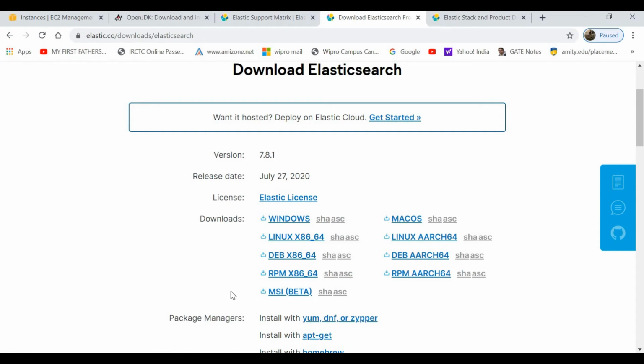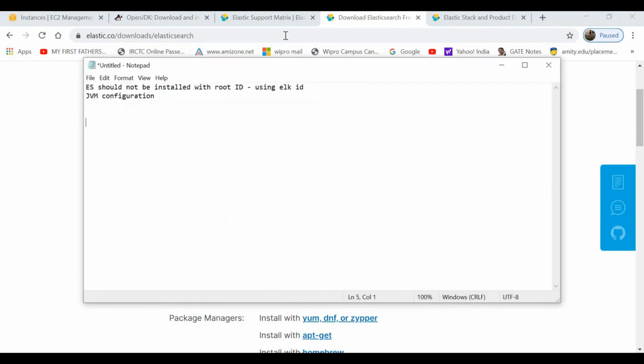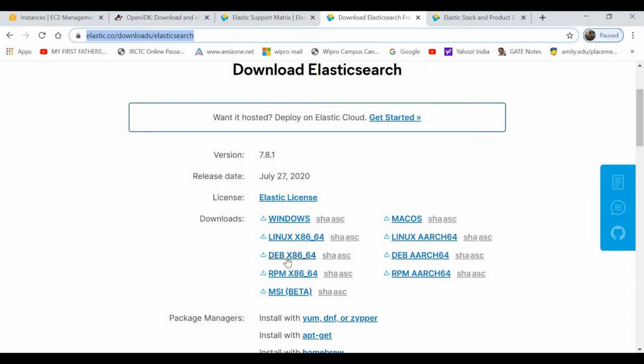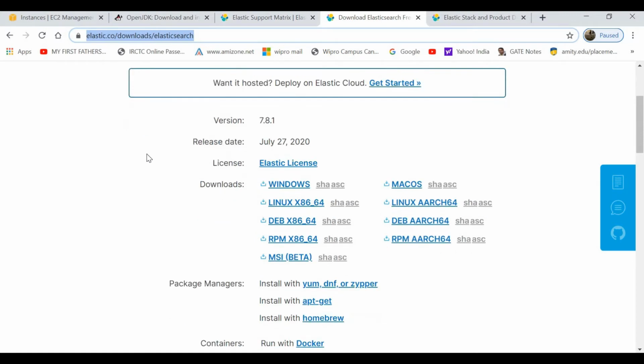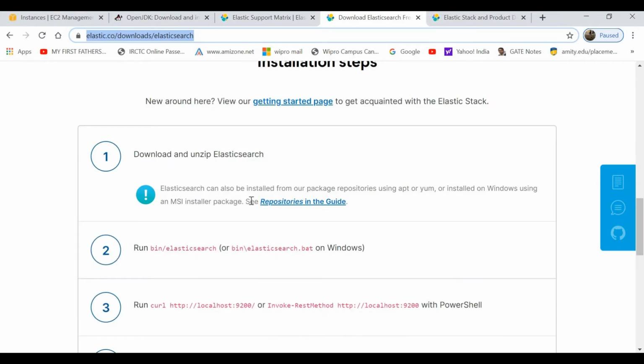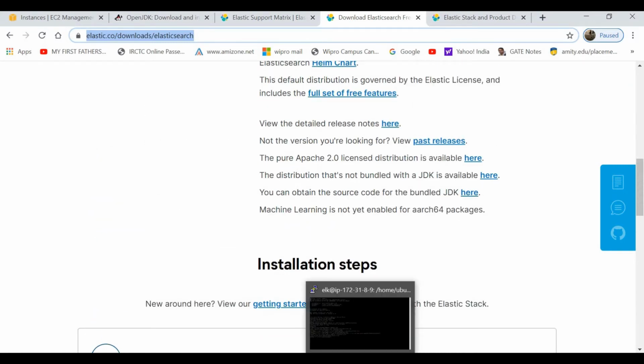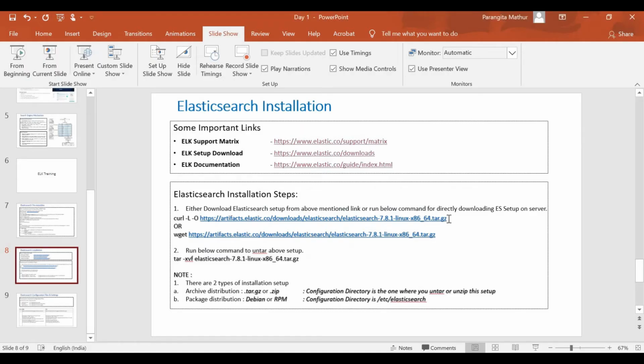So there are two ways. One is that you can go to this particular link, save the package, and then move it to your particular server. Or another way is you can directly run a curl command on your servers and download it directly on your machine itself, on your node itself.